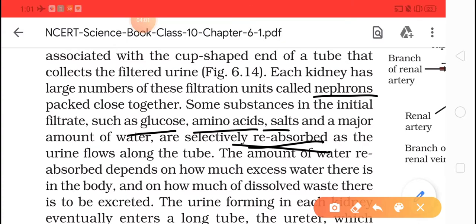Okay, so what are they talking about? They are saying that the blood is carrying this waste material, urea or uric acid, and we want to eliminate it. Okay, so when they are filtering it, the blood is filtered. So during the filtration, along with urea, glucose, amino acids and salts also come inside. And now what do we want? We want them back. So they will be reabsorbed. And how? It will be selective, because we have to select whatever is filtered down.